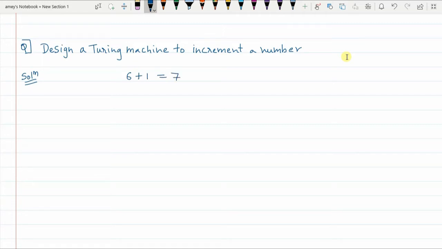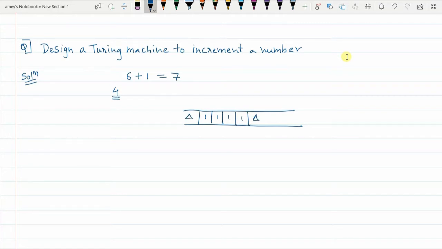Now as I have already told you, whenever numbers are involved, we have to represent them in unary format. So let us consider, suppose the number is 4. 4 is the input that is given to the tape. The answer should be 5 at the end. This is the tape of the Turing machine. Initially the number 4 is inserted into the Turing machine in unary format. So this is the number.